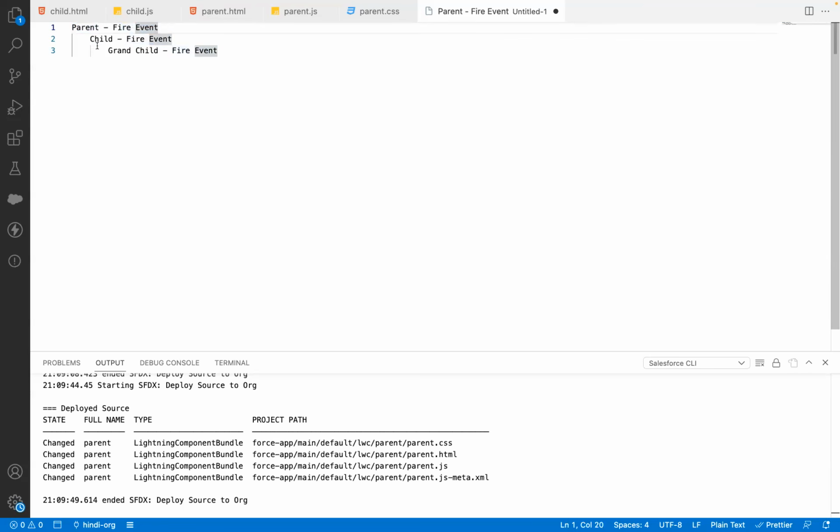Maybe in future, if you utilize this parent component within another parent, then something comes into the picture, and we again have a super parent. And that super parent needs some information. Then this parent component can definitely fire an event. So any component can fire an event, but it is always recommended, or it always makes sense,